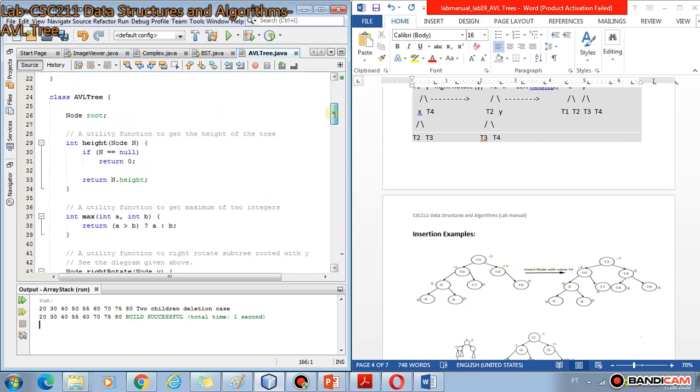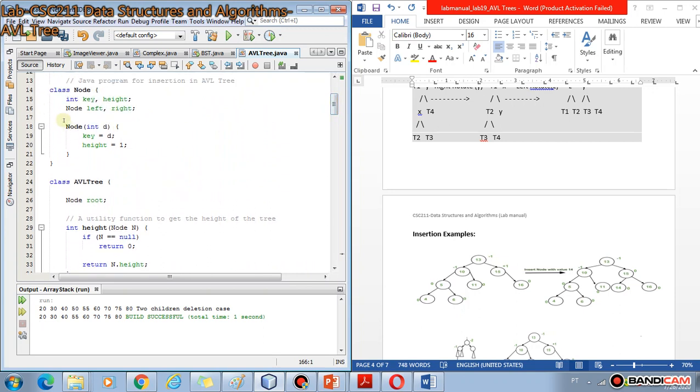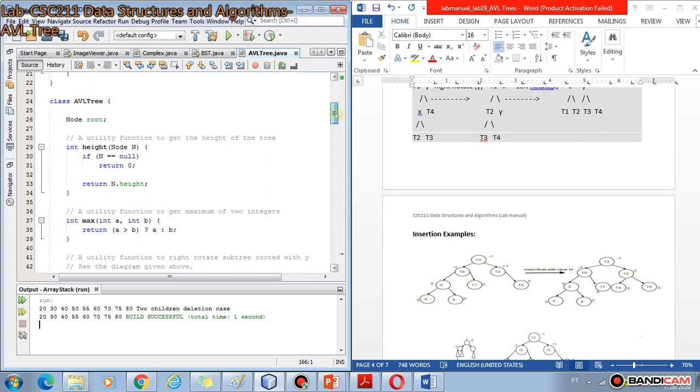So every node would have a height, okay. And whenever a new node is created, the key is initialized with the value that you pass, and height is initialized with 1. So every node, when it is created, its height is 1.